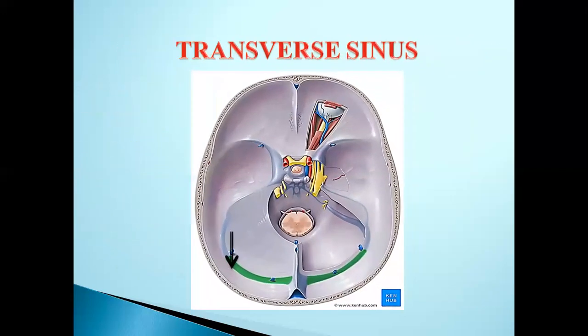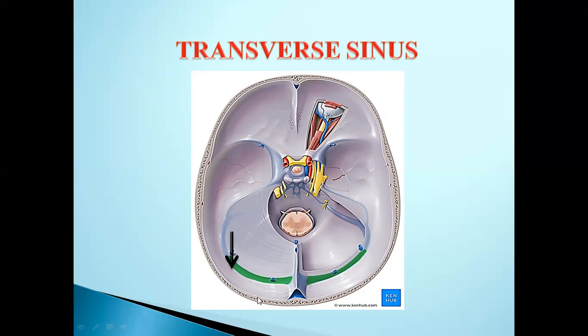So that was about cavernous sinus. Very important note you get on cavernous sinus. Sometimes you get asked to enumerate the sinuses and write in detail about cavernous sinus. So this is a very important sinus situated on either side of the sphenoid bone. Here also you can see all these important nerves, they will travel through the sinus. This is a ganglion and all these important nerves, internal carotid artery.